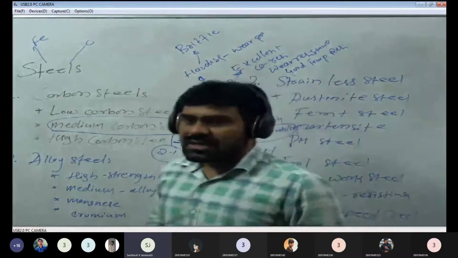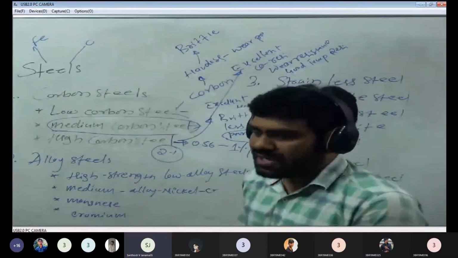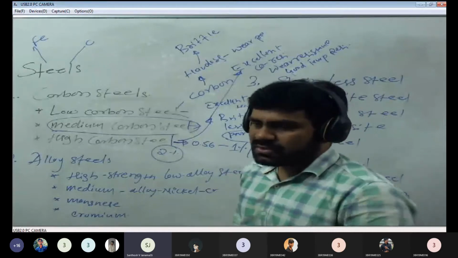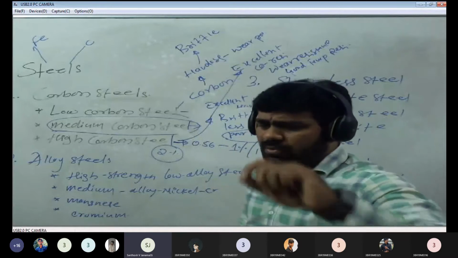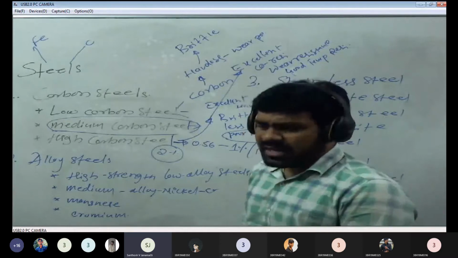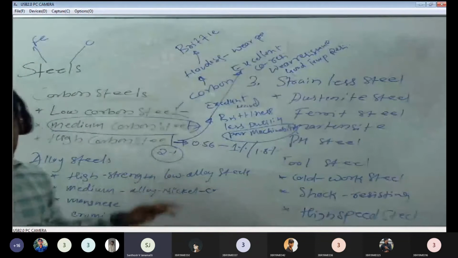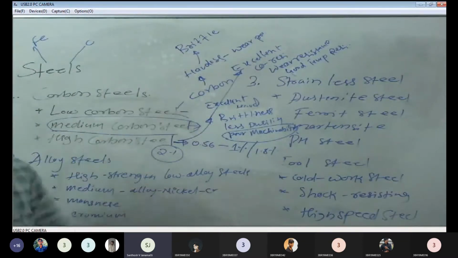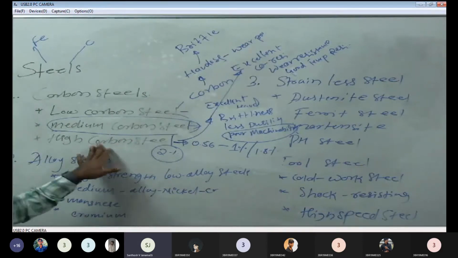Only we can use these high carbon steels for making tools, all kinds of industrial tools. Just to give some examples: lathe machine tools, drilling tool, milling tool, drill bits, shank of the tool and tip of the tool. All these things are made by the high carbon steels. Also for some coating purposes, we make a fine powder of these hard materials. And also other applications of stainless steel. Stainless steel will come under the high carbon steel.